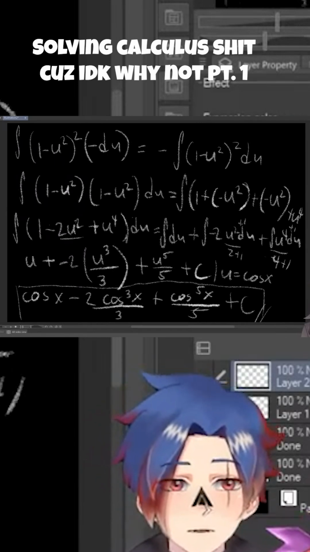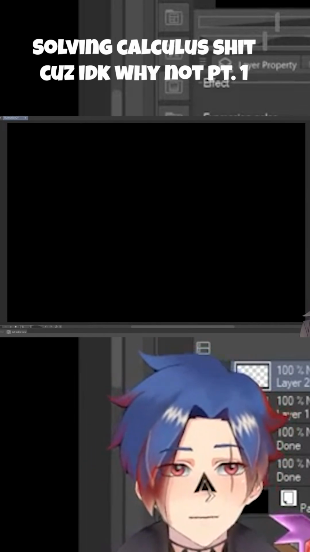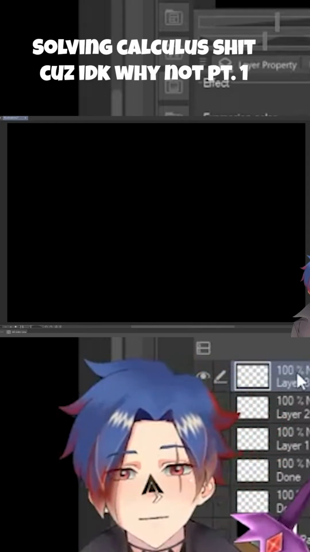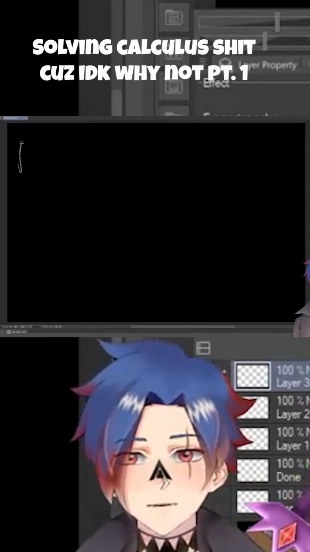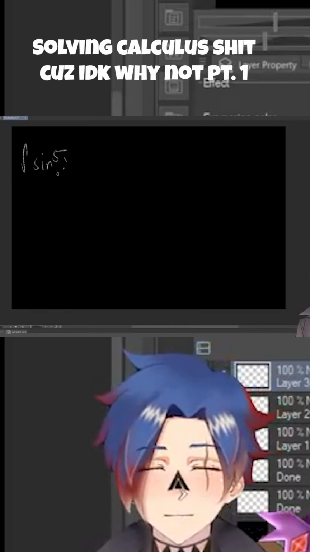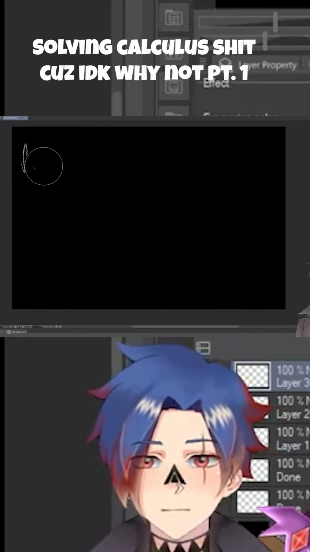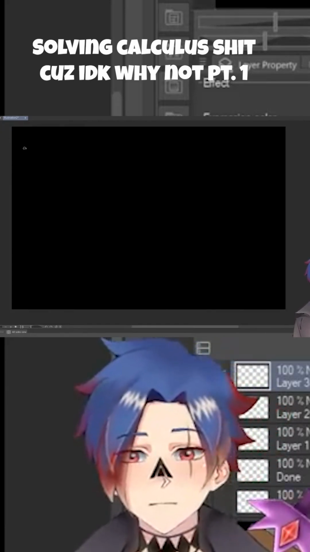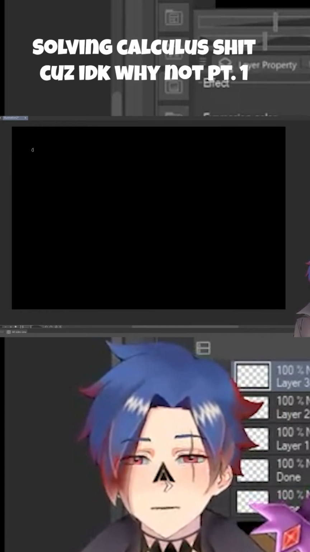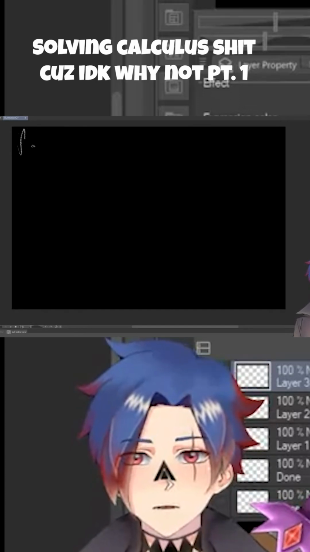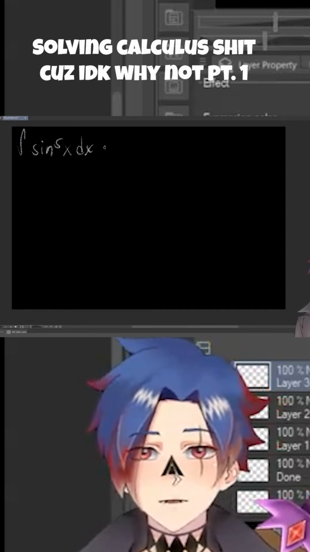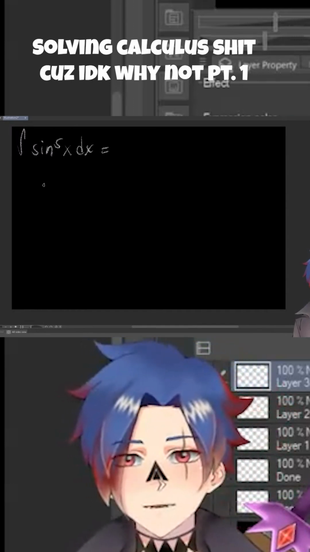So let me just write this back. Add another layer for the answer. So this is the question that we had. We started with sine to the fifth power dx. There you go. And the answer to this is actually